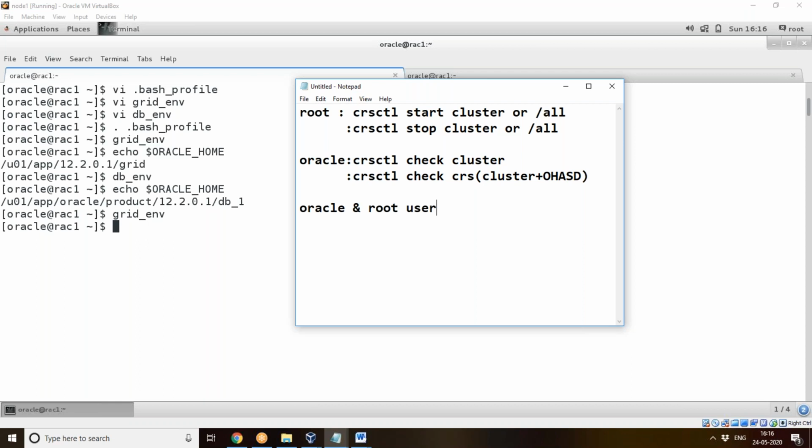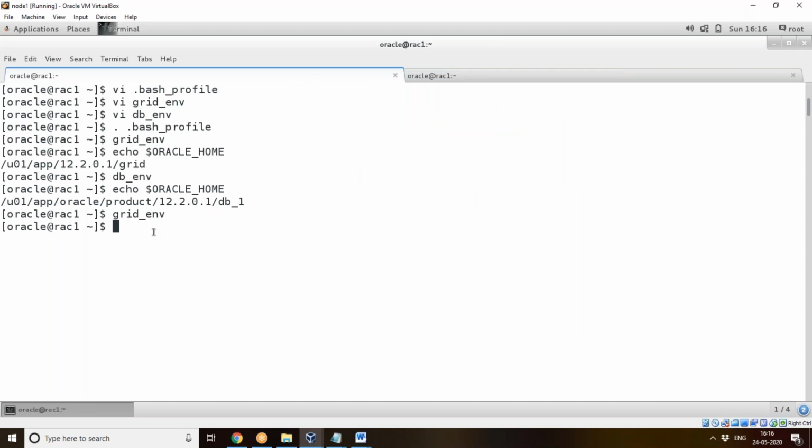You can check the status of the resources using crsctl status resource -t. Using this command, I can check what all the services available are.